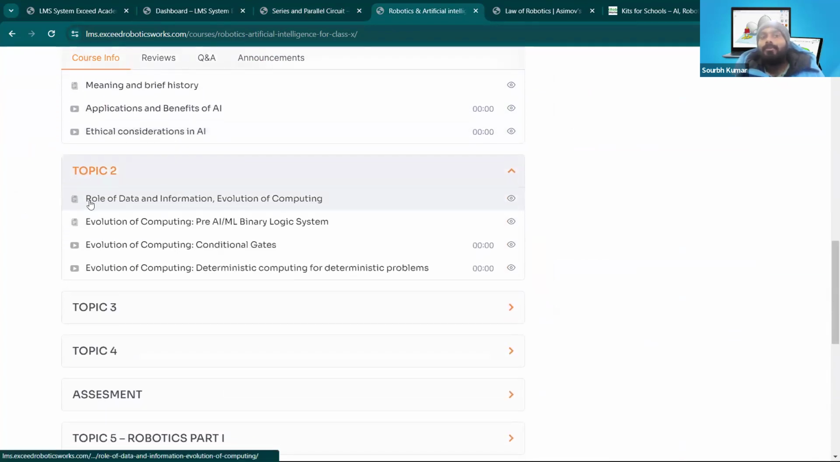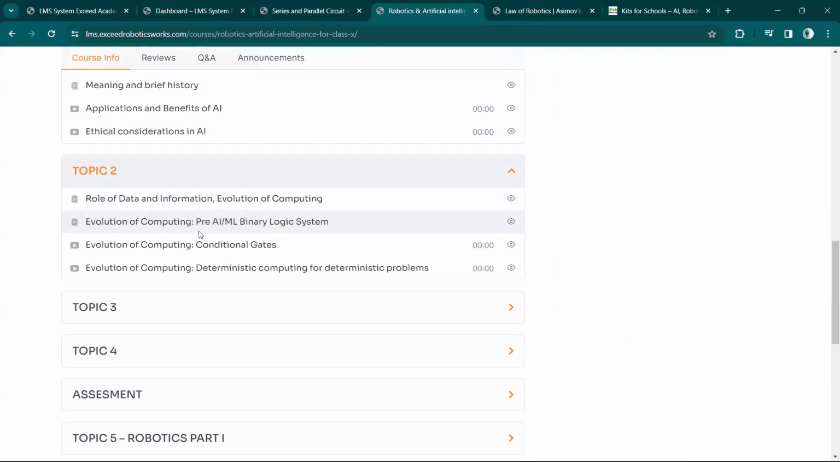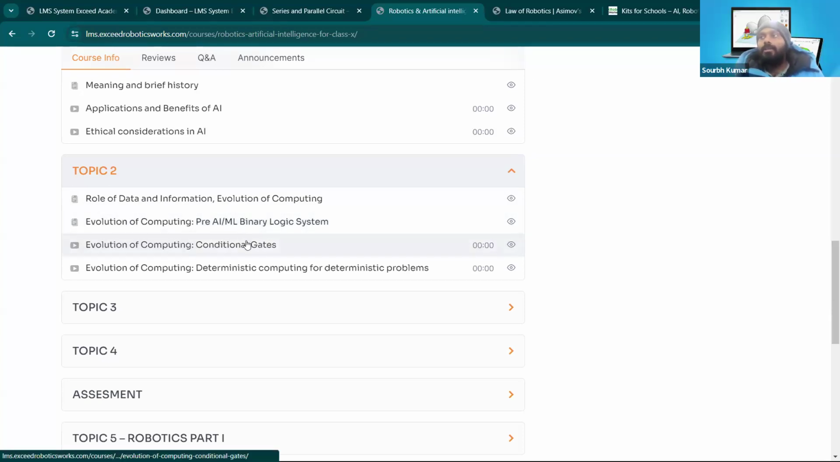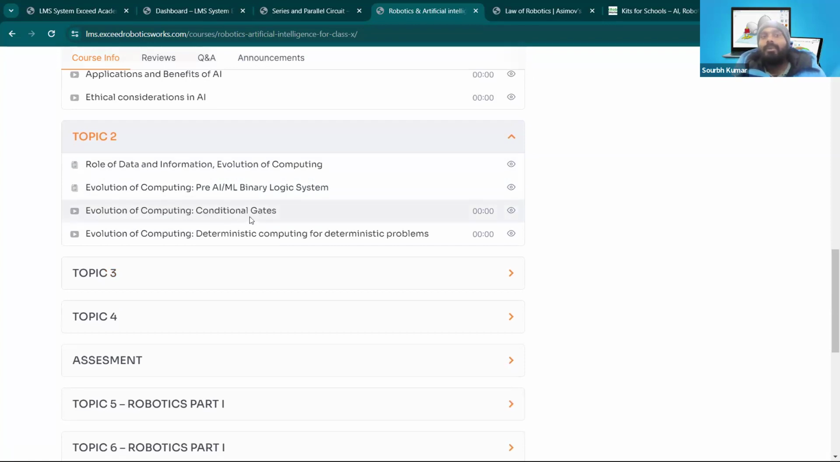After that, we have the role of data and information, and evolution of computing, that is, pre-AI ML and binary logic systems. Because if we are studying artificial intelligence, then we should know about ML and binary logic systems. Machine learning is very crucial in the artificial intelligence part. Conditional gates will be explained to you, and evolution of computing and similar things will be there in